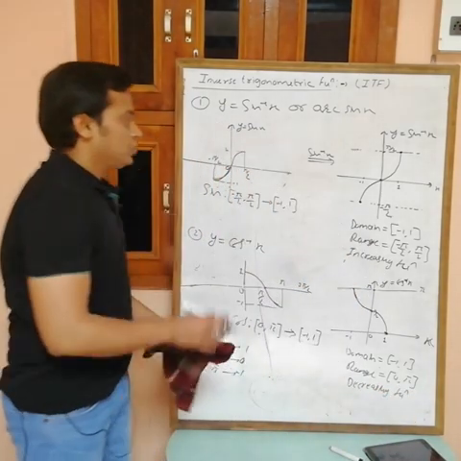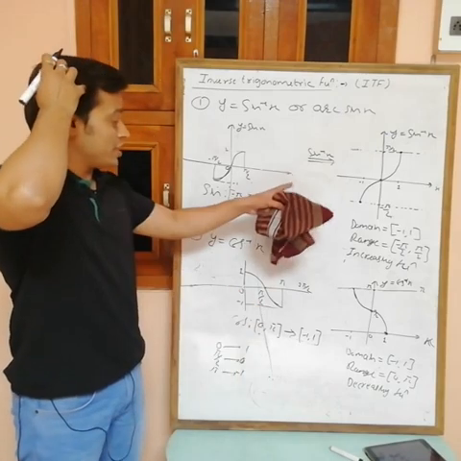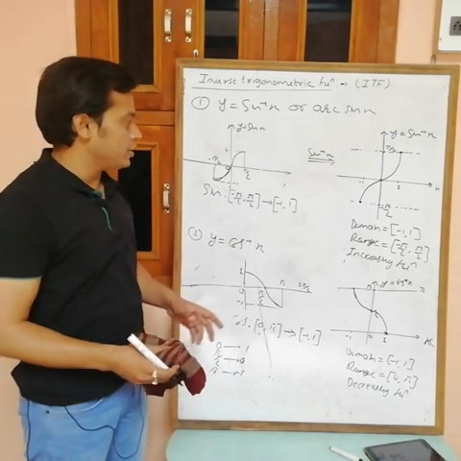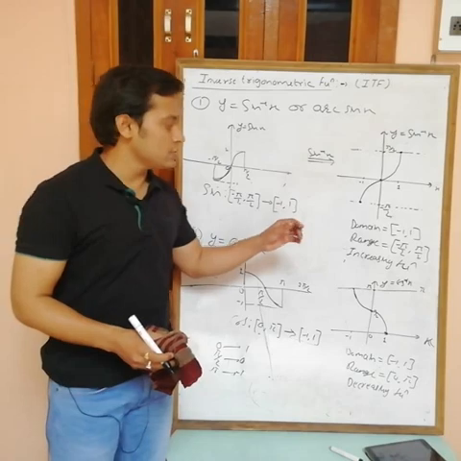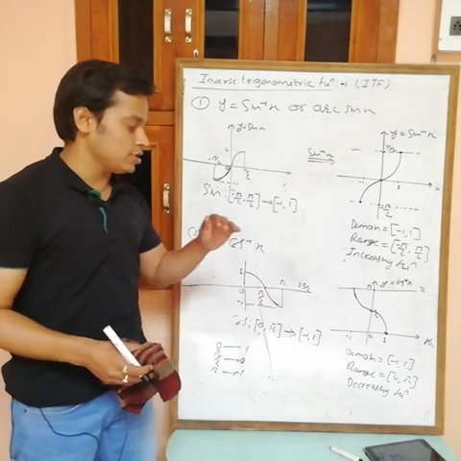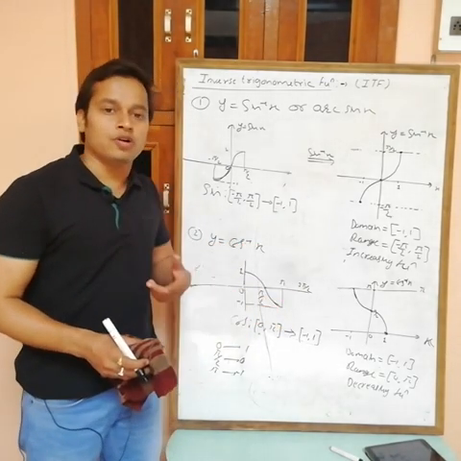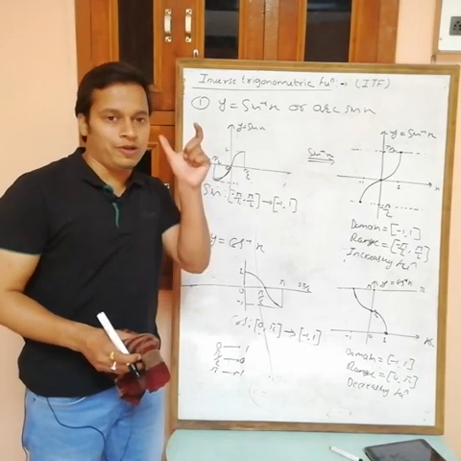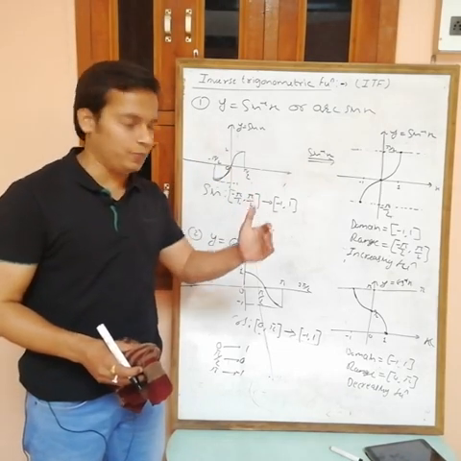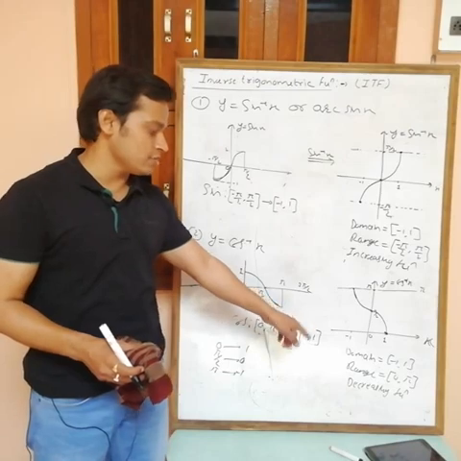Okay. So for sin x, sin inverse and cos inverse are done now. The domain of sin inverse is -1 to +1. The domain of cos inverse is also -1 to +1. The range of sin inverse, meaning all possible values of sin inverse, is -pi by 2 to +pi by 2, and the range of cos inverse is 0 to pi.